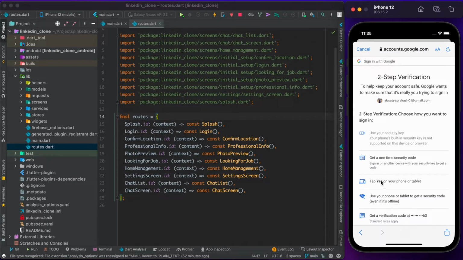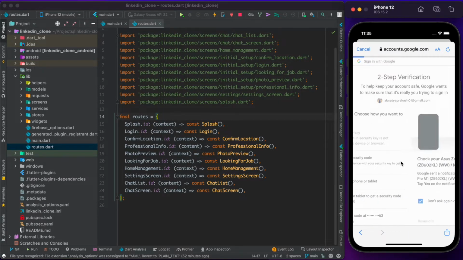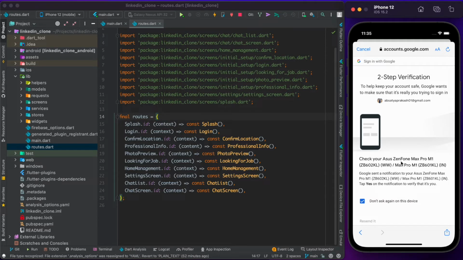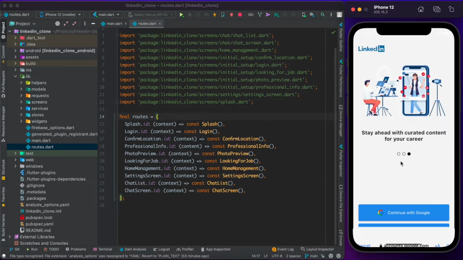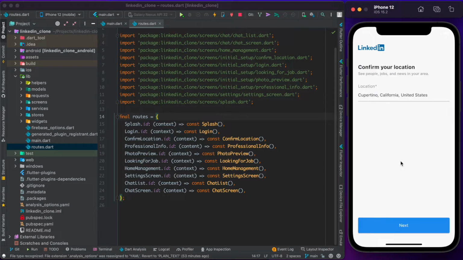Alright, so I have put my username and password, and then I will complete the two-step verification. And after that, I will show you the application. So the Google authentication has completed, and now I am actually seeing the second screen, which is asking me to